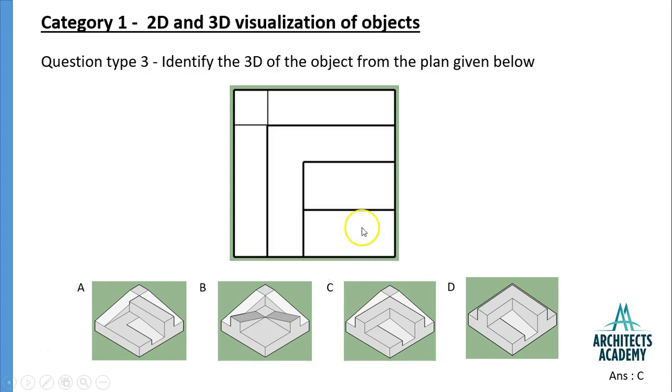So let's take an example of this. So we are looking at option C. So we can see this part over here. This slanting portion which is on this side and this side will be seen as two rectangles from the top. Then this L-shaped portion is visible over here. And there are two levels, 1 and 2 over here. So this level and this level. That is why these two surfaces are visible. And that is why C will be the correct answer of this plan. So this is how you have to identify a 3D object from the plan given to you.